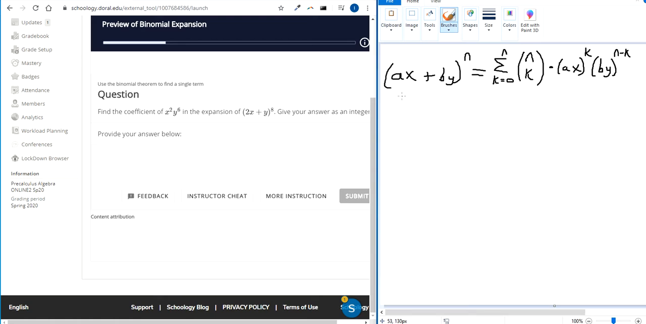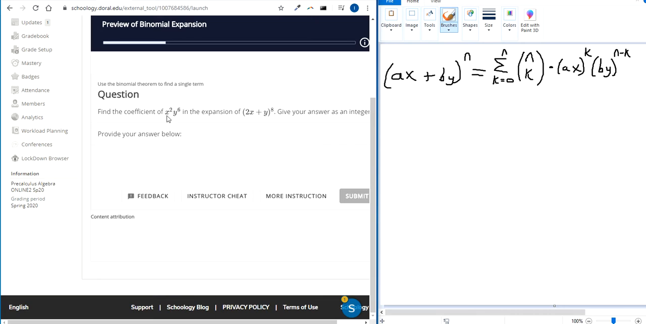Okay, so that's kind of a long-winded introduction into the short problem that we have here. We have 2x plus y to the 8th. We're supposed to find out the coefficient, which means the number in front, when x has a power of 2 on top. In other words, we're supposed to figure out what this thing looks like